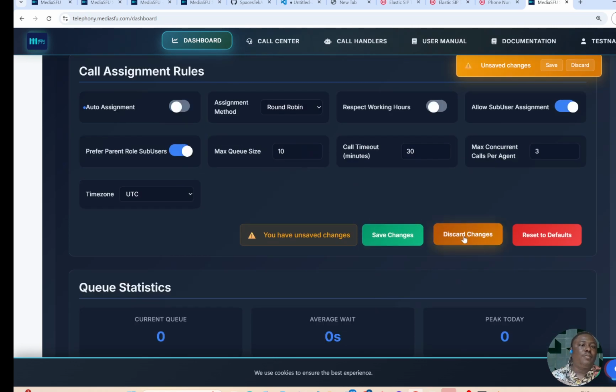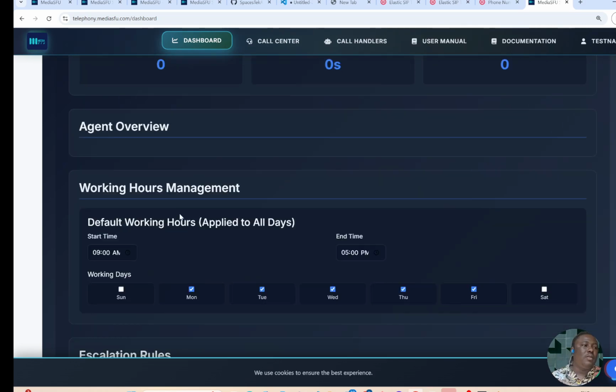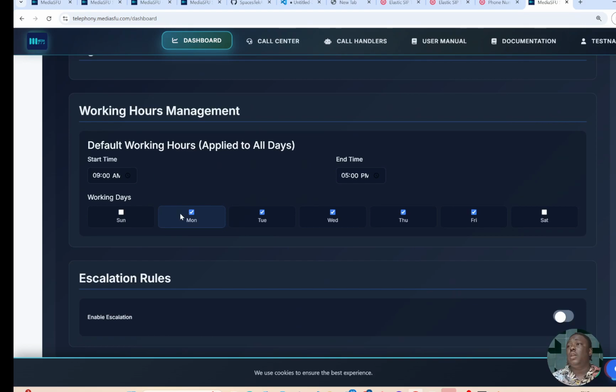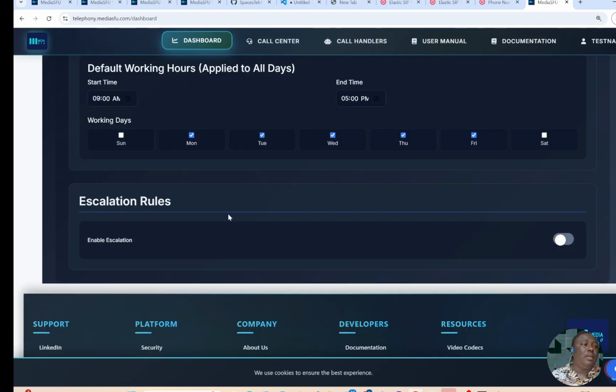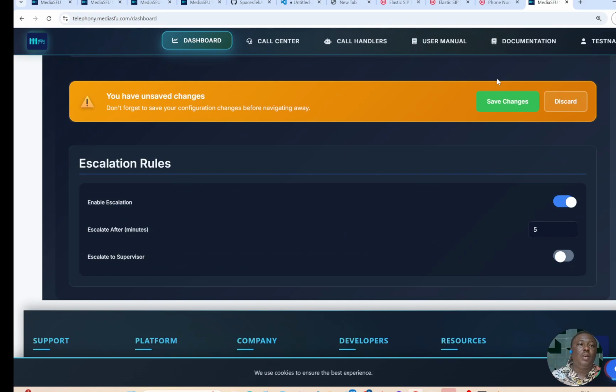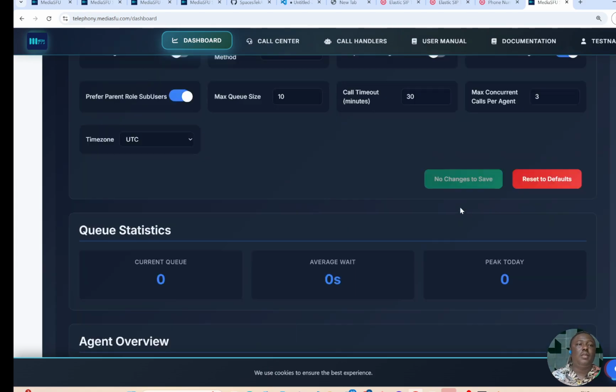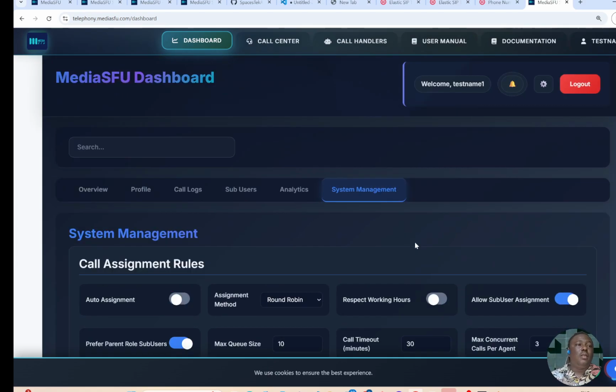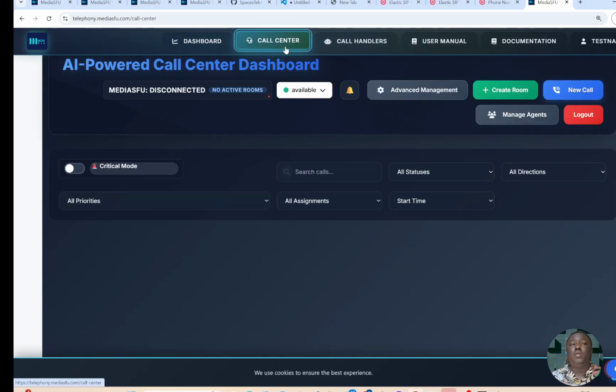Queue stats or your agent overview, their working hours, and then how calls escalate, escalation rules, and how they escalate. And we're going to discuss this. And the critical part is in your call center. So in your call center,